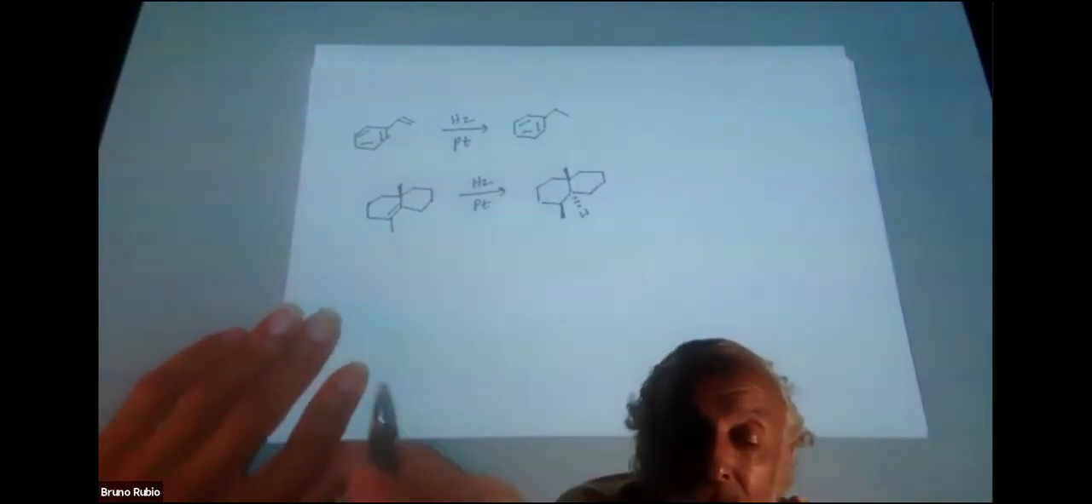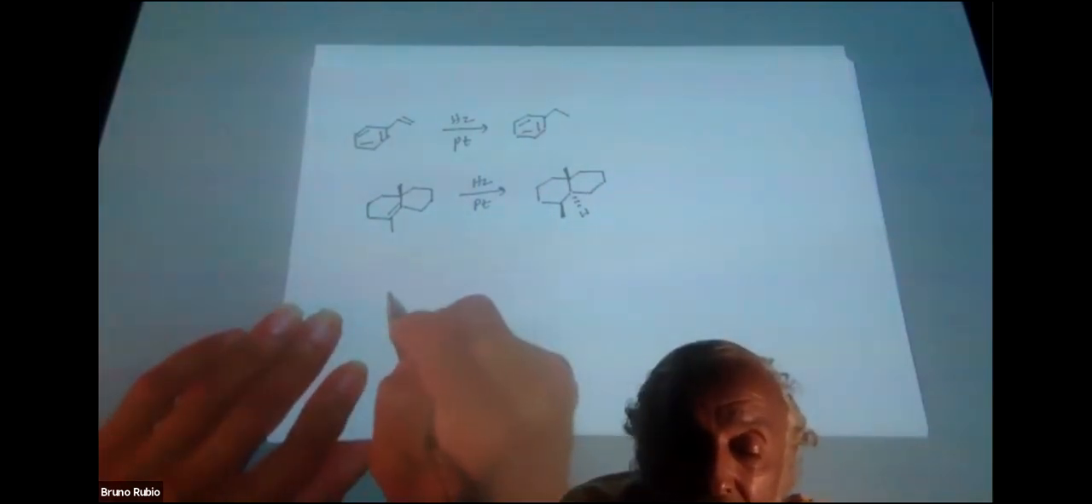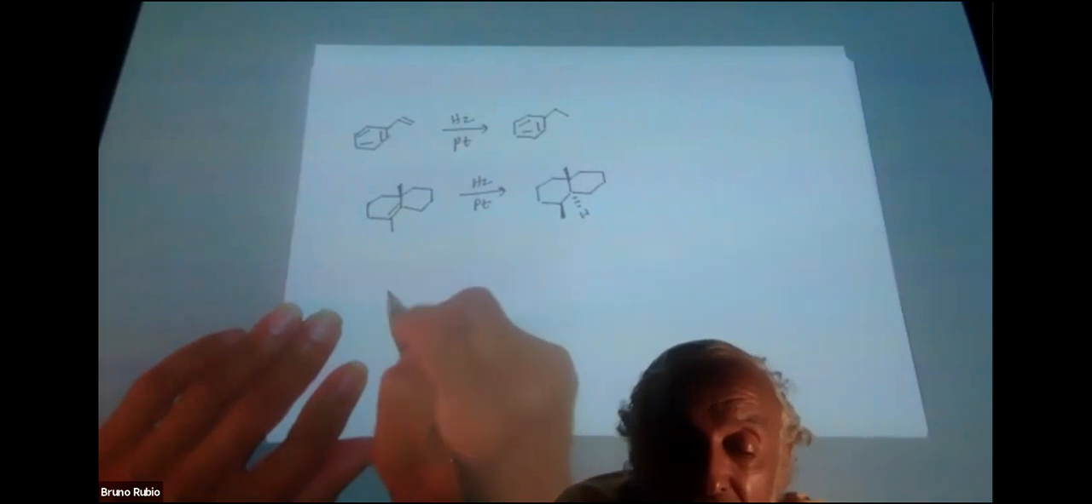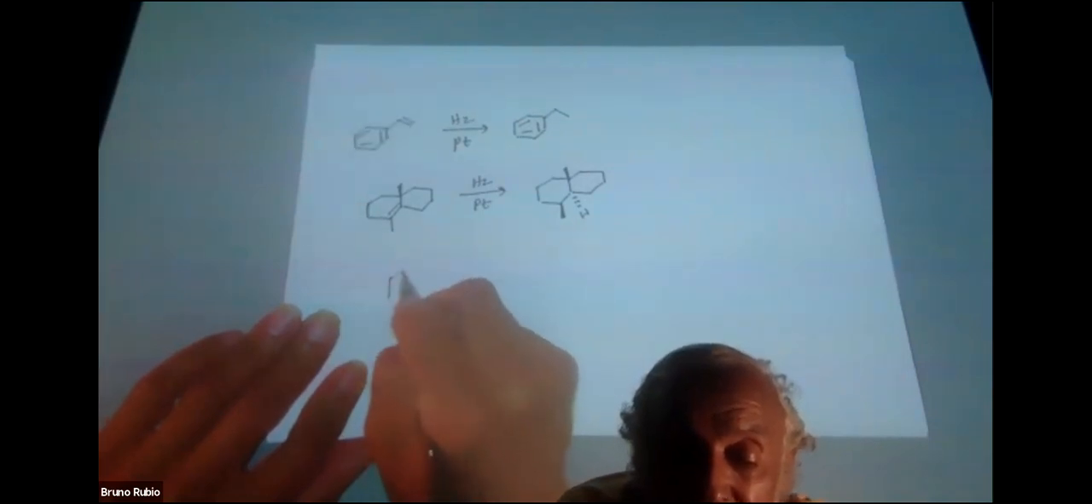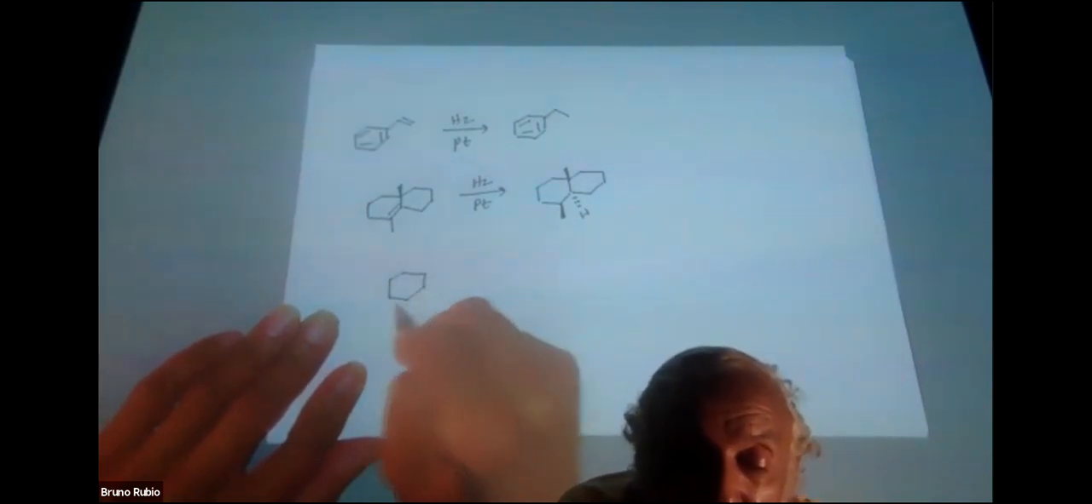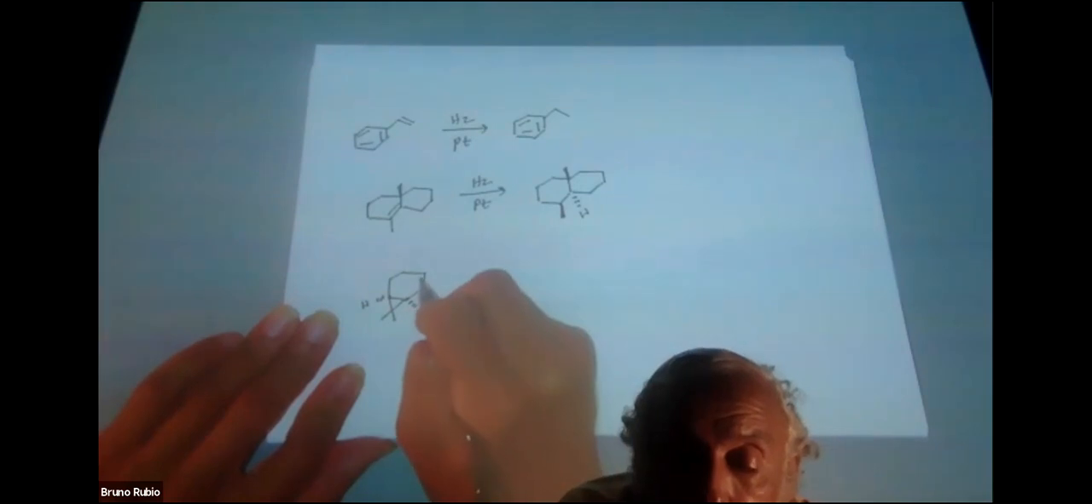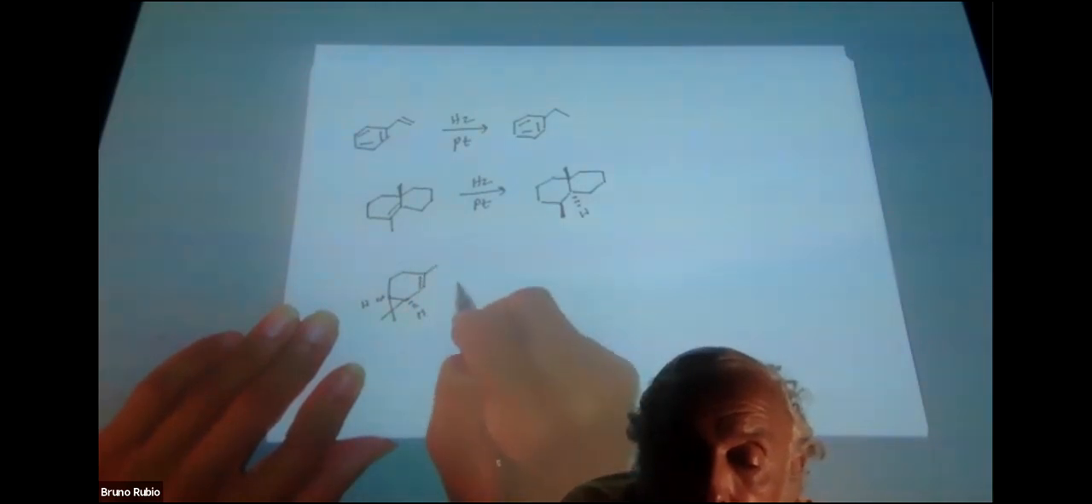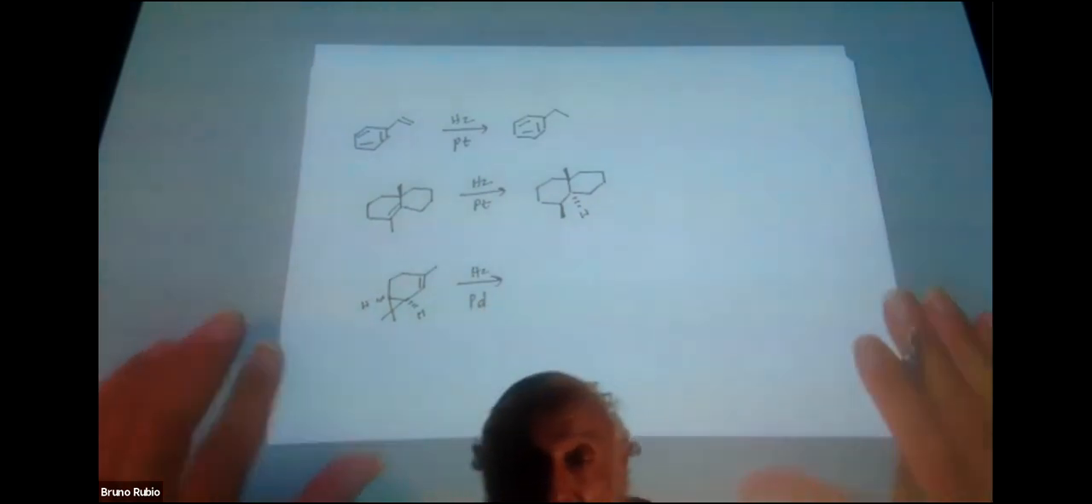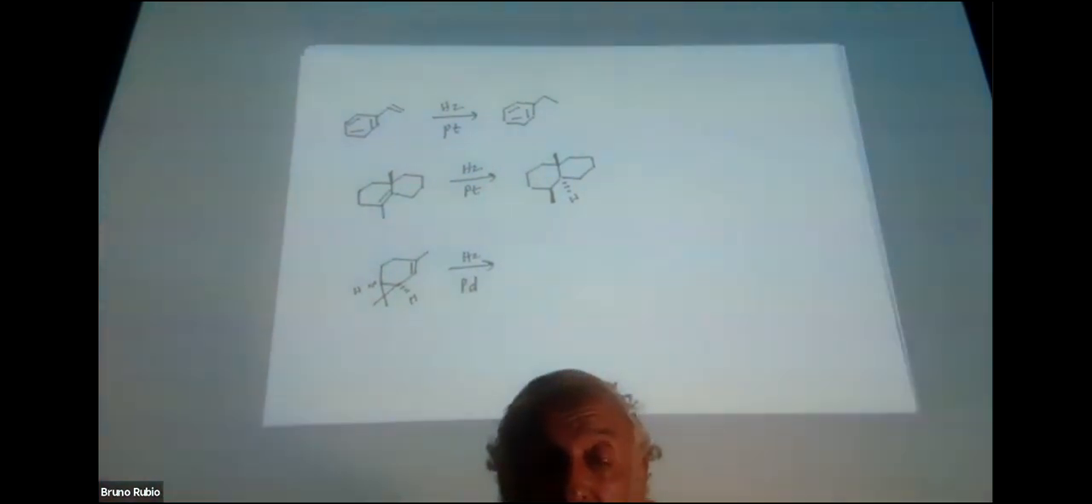All right, so let's just try maybe one more. What about maybe something like this? I like this molecule. Hydrogen and maybe a palladium catalyst this time. Draw the structure of the product, dash and wedge all the chirality centers. Okay, so maybe we've seen this molecule